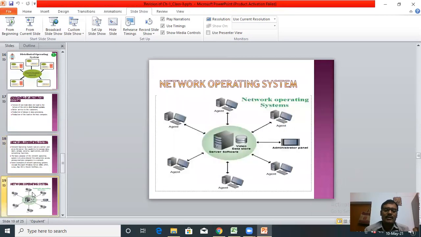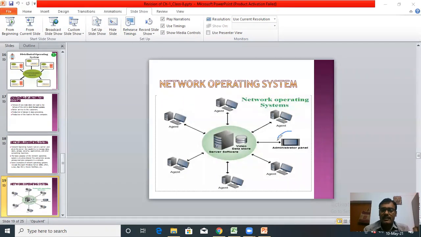Now you can see the picture of a network operating system. This is the main server, which is attached to different kinds of clients. On this server computer there is an administrator which controls all the client computers.